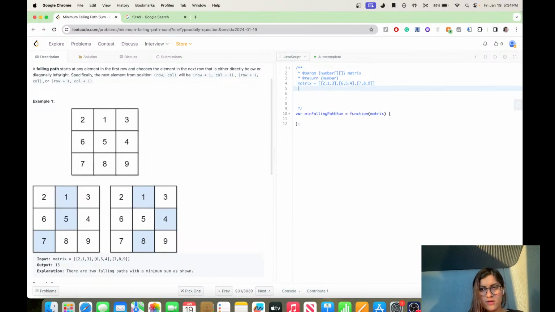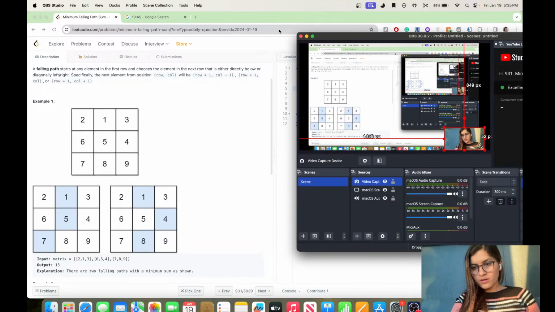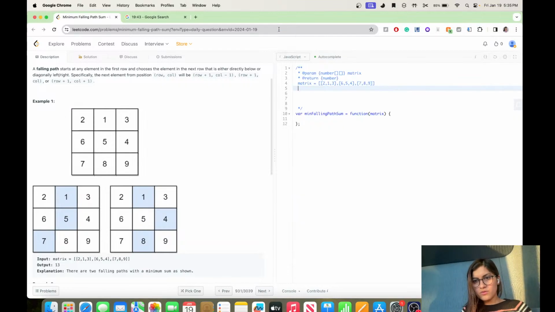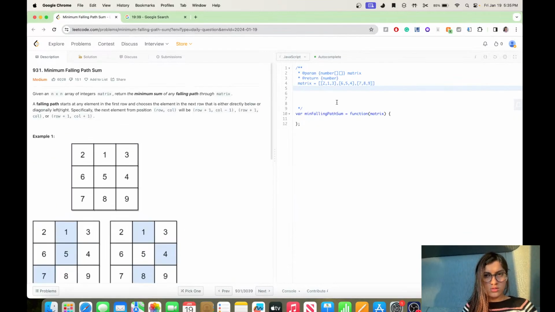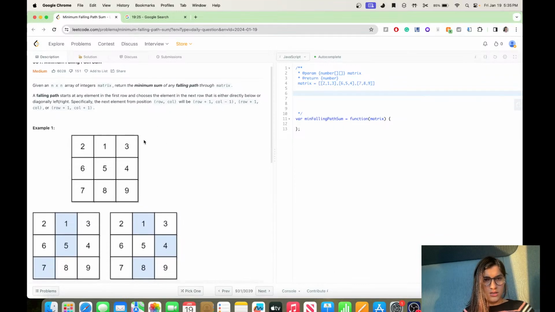Matrix 2, 1, 3, 6, 5, 4 and 7, 8, 9, right? So given an n by n matrix of integers, return the sum. Now a falling path starts at any element. Okay, so if this is the matrix that I'm given, then a falling path starts at any element in the